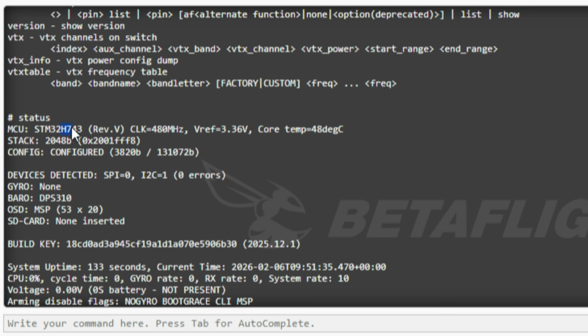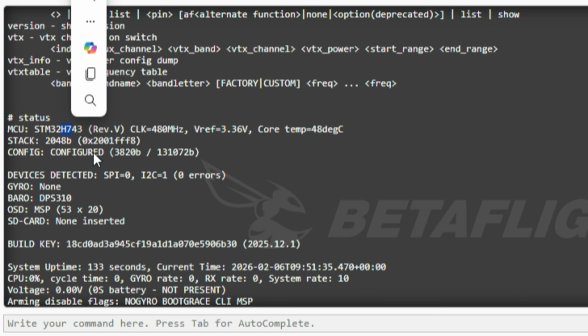So it tells me how modern my board is, I will say. So I'm using the H7 CPU, and I have a video about what to actually consider when getting a flight controller online. I have spoken about the H7, F7, and F4, and there are little versions of the F. So this is the one I'm really concerned about, and this is how you get to know what processor you're running on. It also tells me about the stack here,